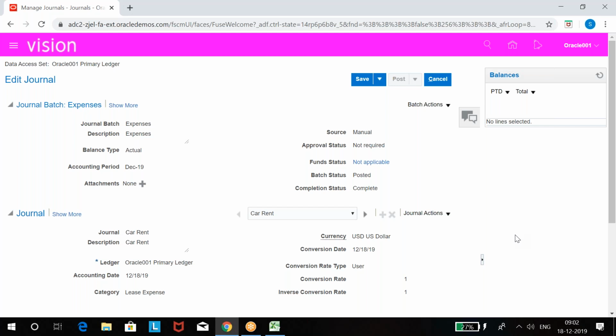Normally in Tally, if something is wrong, you can go to that journal, you can make changes. But here it is not the case. If something is wrong, in Tally you have the option to delete also. But here you can't do anything. The only thing you can do is reverse, that's it. That's why this software is more secure than other software. We call it software like Oracle or SAP or Microsoft Dynamics.